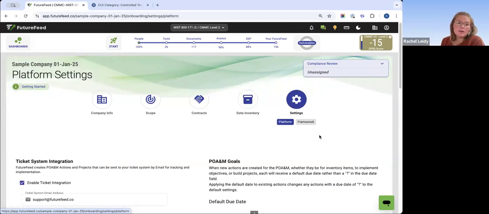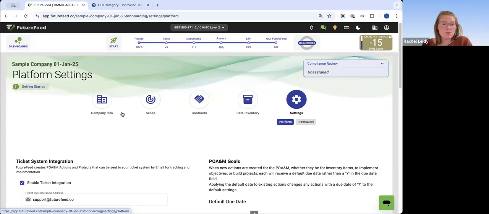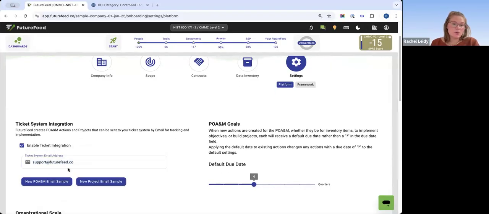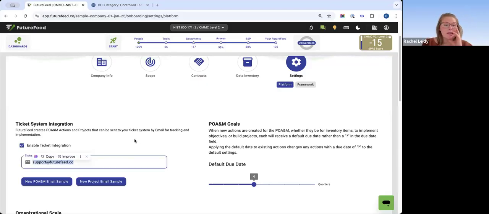All right, and then here you can integrate FutureFeed with a ticketing system. Just put that ticketing system support email here. As a service provider, you may want to put your ticketing system there. Unless that client of yours has their own, you could put theirs in there. A tip here is that you could put anybody's email in there. Okay, so if you're working with a client who doesn't have a ticketing system and you don't want to use your own, if you have one,